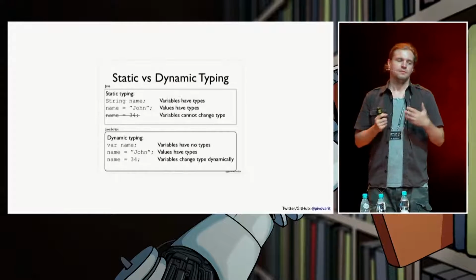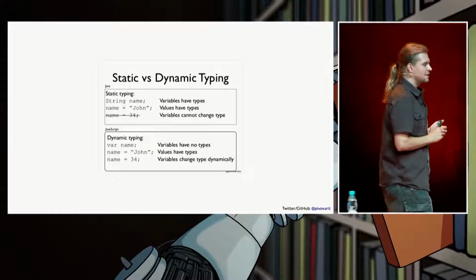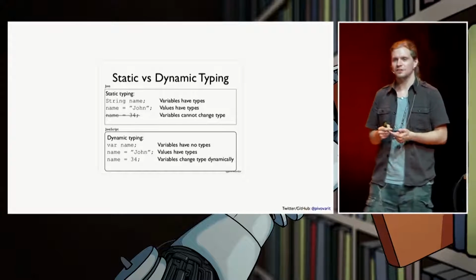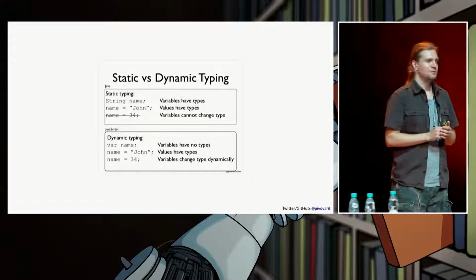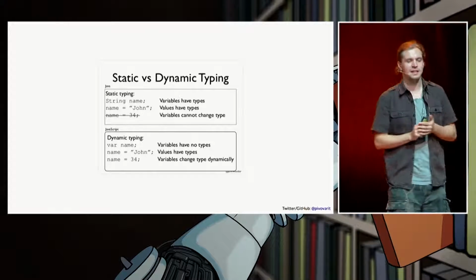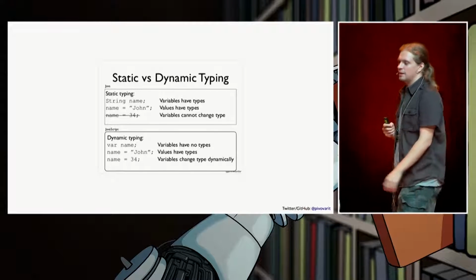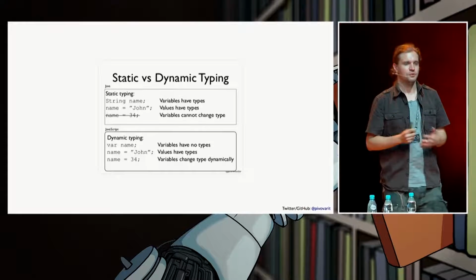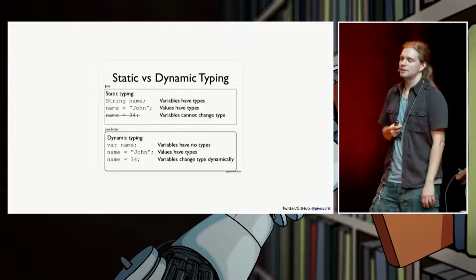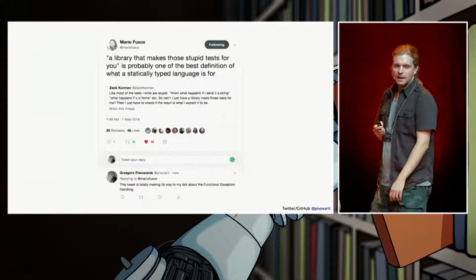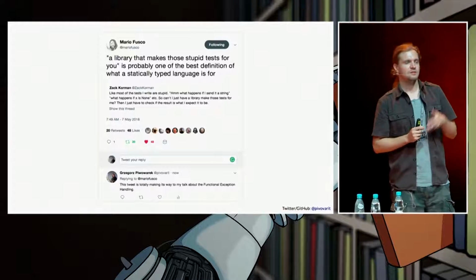So recently, there's been a lot of discussion. I mean, it turns out like history tries to repeat itself. So we go from dynamic to static, and after going to static typing, we kind of miss the opportunity to go as fast as we could in the dynamically typed languages. And this actually sparked a lot of discussion.